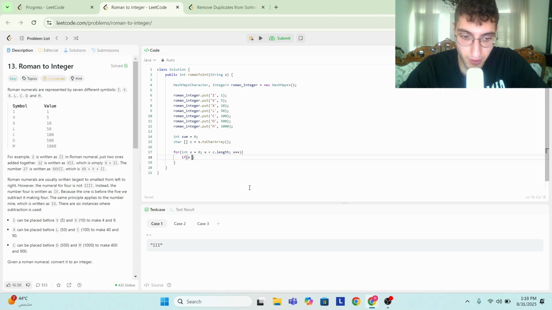Like I said, we need to create a condition to make sure we're not out of bounds. And then we need to check the second condition, in case of two consecutive symbols where the first one is less than the second one. How we're going to do that is we're going to get from our map Roman integer dot get c at x, and we need to compare it to the element that comes after it. So if the value at Roman integer dot get c at x plus 1 is greater than the element at c at x, then we need to add to sum